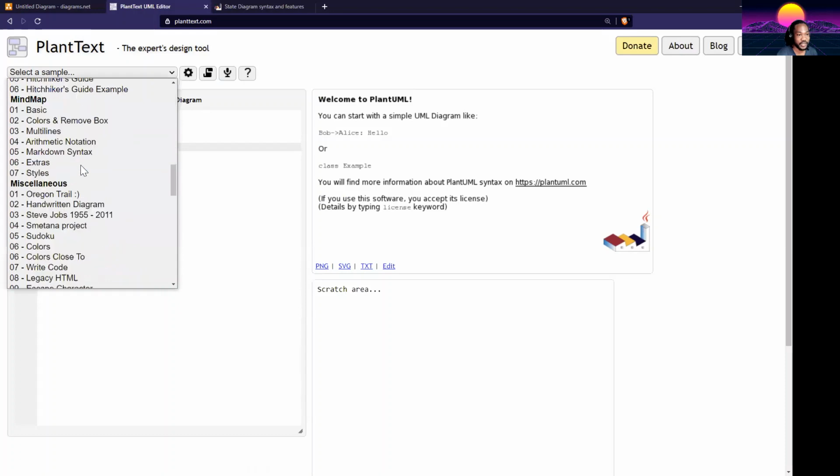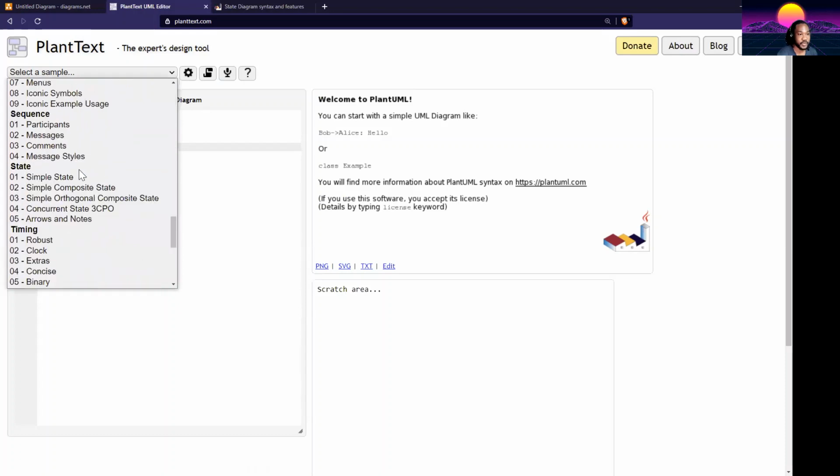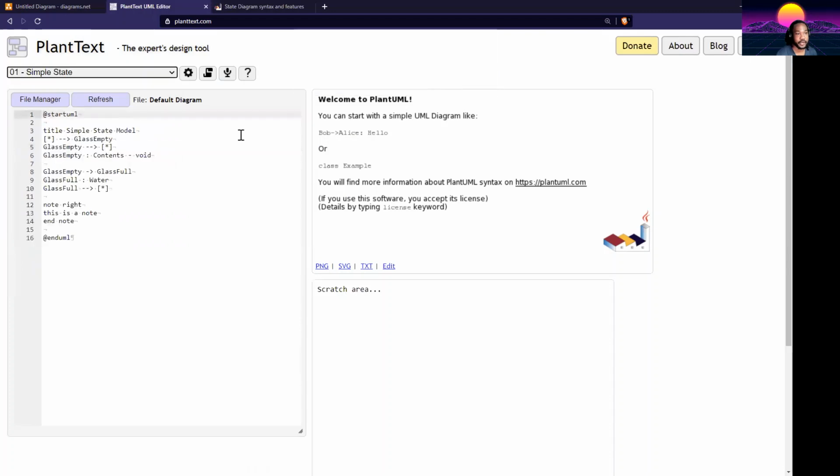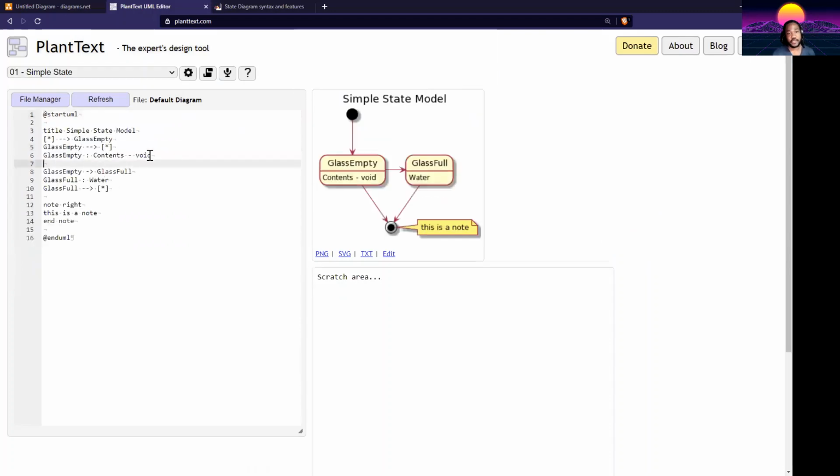Let me switch things here, because what I want is a simple state diagram. Yes, go ahead and replace it. And this shows some of the syntax for what we need, but it doesn't show everything. So first off, yes, we have this note, but I don't want this note showing up in the diagram, so I'm going to get rid of that. I also don't want this